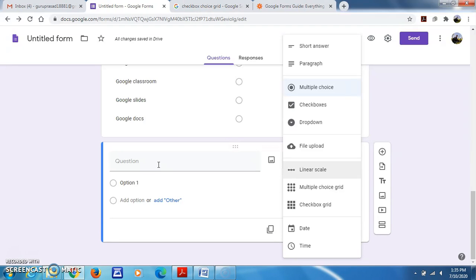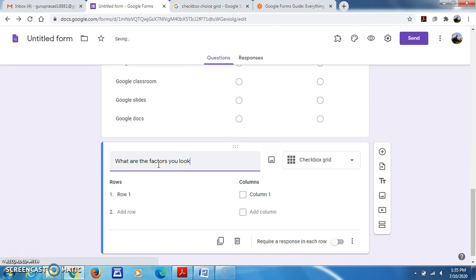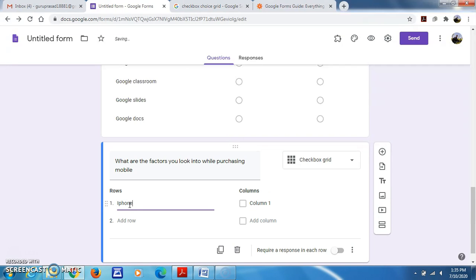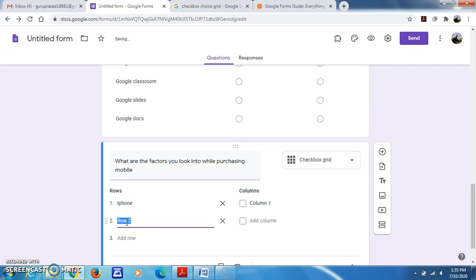What are the factors you look into while purchasing mobile? So I will give the mobiles, iPhone, and also Samsung.